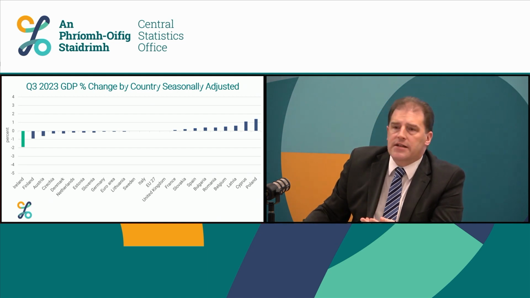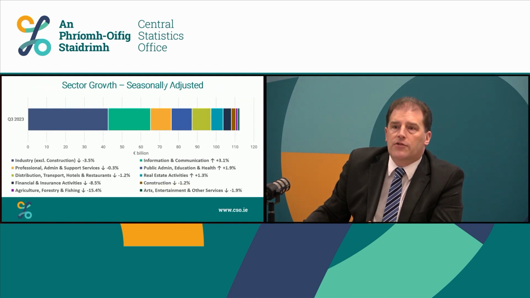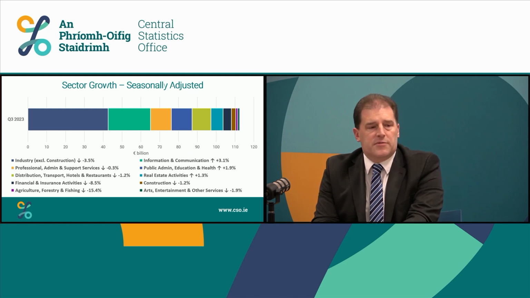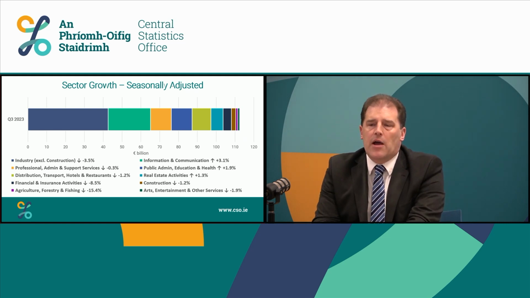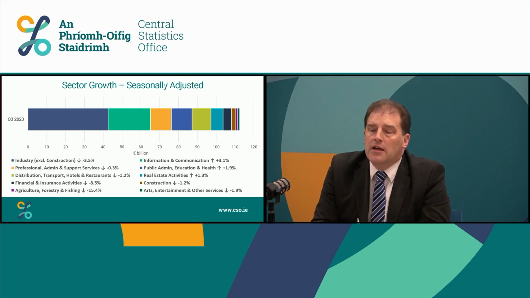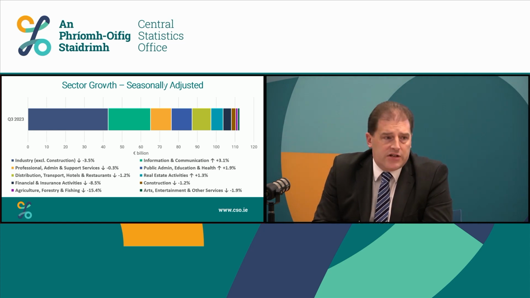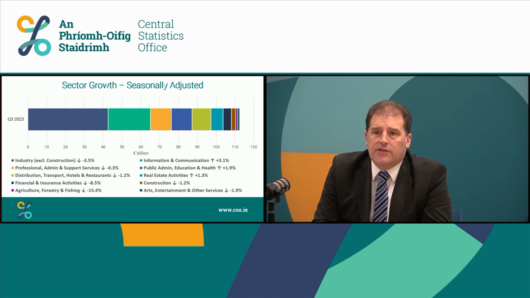A little bit more detail going through the two methods. First of all, the output method, where we can weigh up all these percentage changes from the infographic and say, well, how important are they? And if we look at the two MNE sectors, industry and information and communication, if we weigh them all up, we know that the MNE sector's share of GVA is about 52%, and we can see that the big industry sector is down 3.5%, while information and communications up